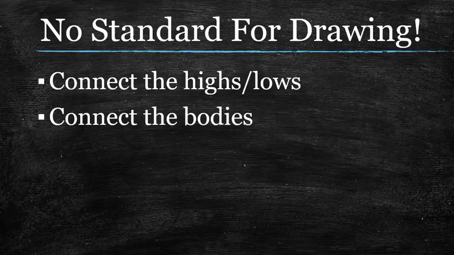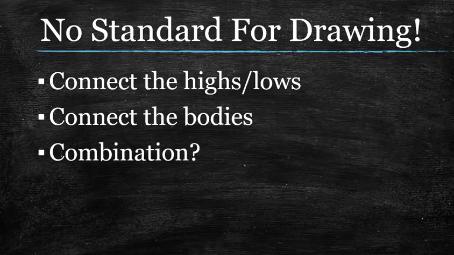Do you ignore the highs and the lows because you think that's noise? Do you really concern yourself with the opens and the closes, and you draw your trend lines that way? Some people do. A combination. Maybe it's just whatever is convenient for your narrative, whatever gives you the trade that comes the soonest. Do you connect the highs and lows and the bodies? Do you disregard some of these things? If any of this is confusing you, I'm going to show you examples in a minute.